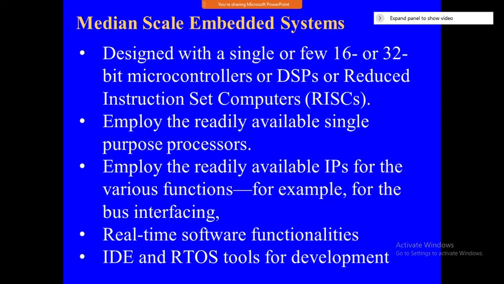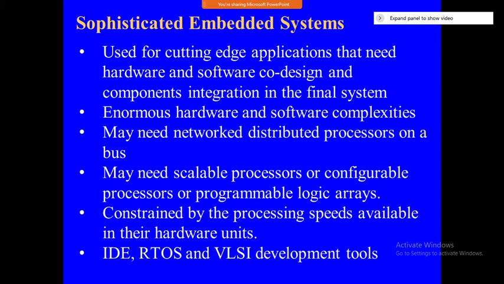Medium scale embedded systems, examples we have seen: banking system, ATM card, debit card, credit cards, those things. And a LAN, WAN, those things. Here in the sophisticated, the ultra high speed will have routers and mobile smartphones. Means they are going to be using cutting edge applications here. More hardware, more software will be used in the sophisticated embedded system. That is the difference here.